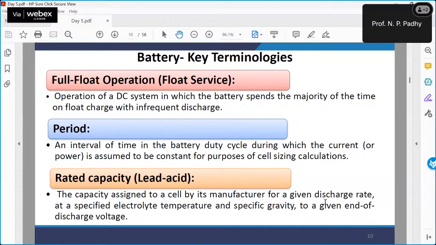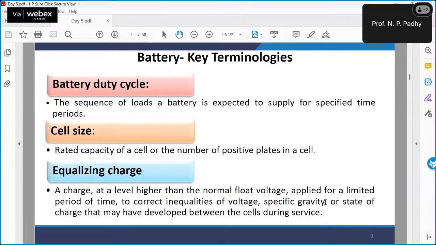One more important point, which is full float operation. Full float operation, that is the operation of a DC system on float charge with infrequent discharges. Okay, so it is in the floating state. Period means an interval of time in the battery duty cycle during which the current is assumed